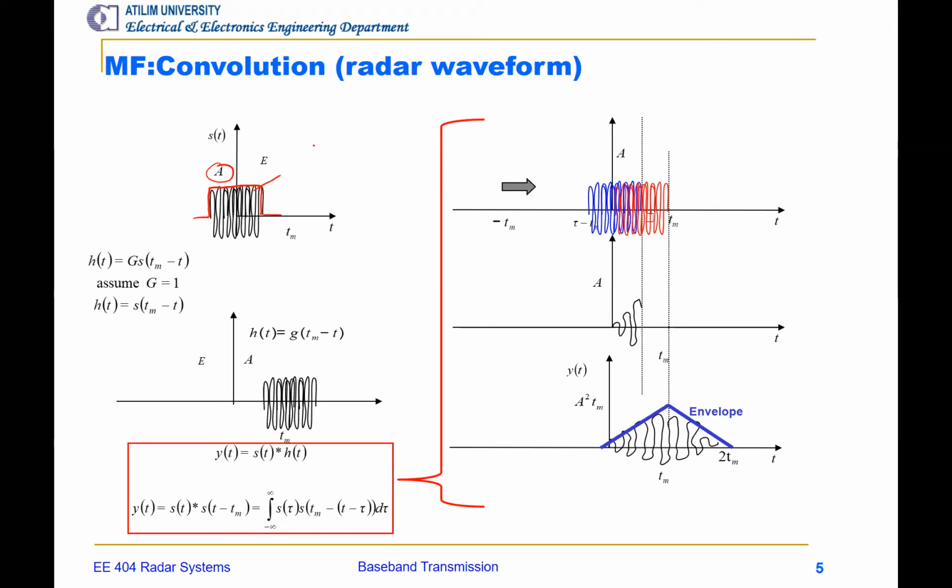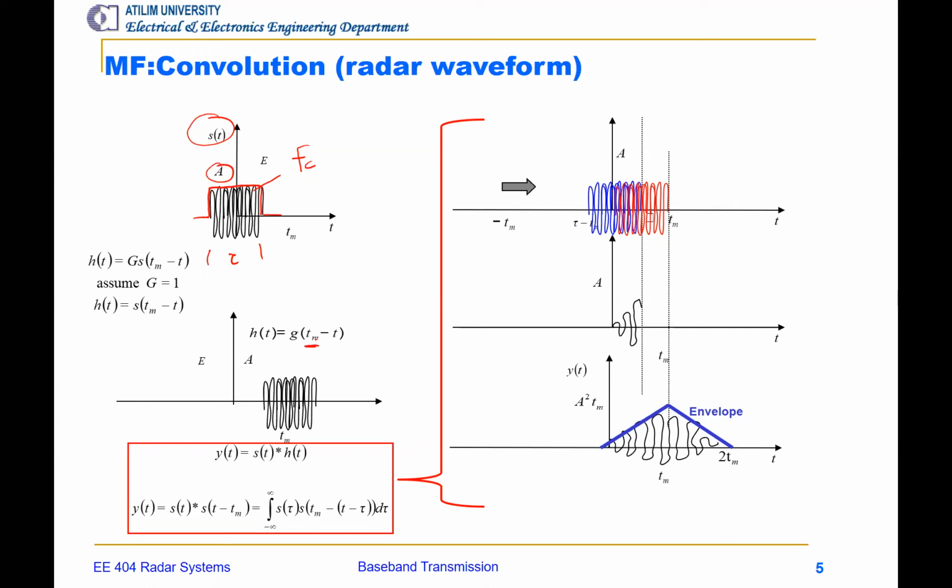There's going to be a carrier frequency, a duration tau, okay, and it repeats itself. So we take a single pulse in here. The match filter impulse response for this signal will be just the signal itself, which is shifted by Tm and